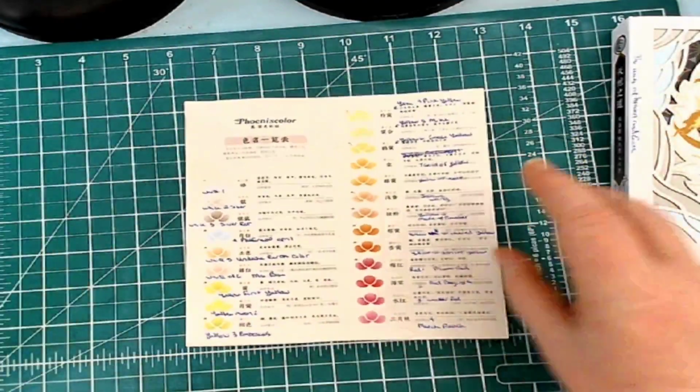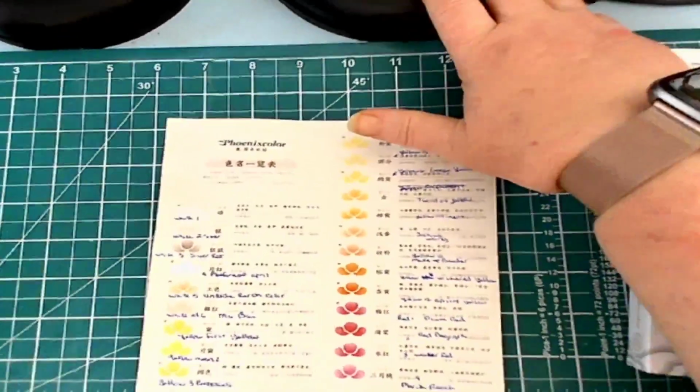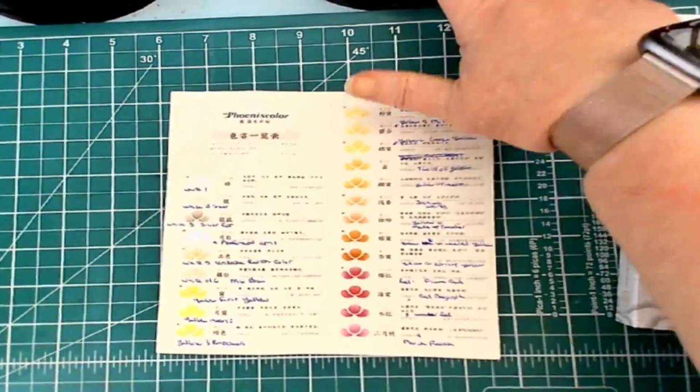I'm going to switch you back over to the main camera here. I'm just going to shift you. I don't know why my main camera is so...